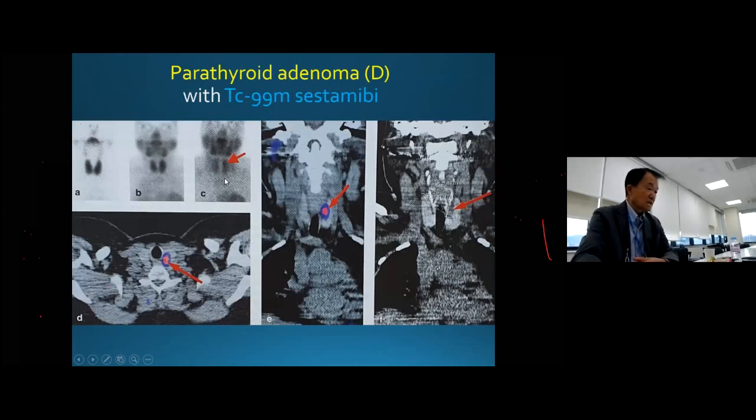In some more cases, like this one, it is right in the middle portion. And that's what we call dangerous because, you see, this is thyroid right in the middle, and the recurrent laryngeal nerve goes right there. So when they resect this kind of case, it requires a lot of special microscopic microsurgery to try to avoid cutting the nerve.